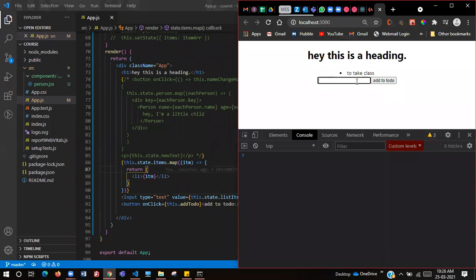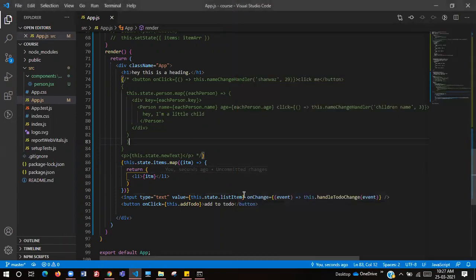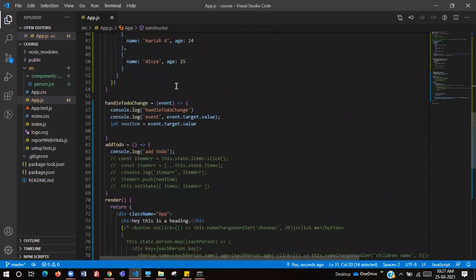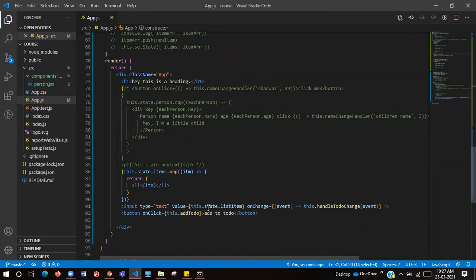Only then, when you click on add to do, this particular element gets added into the array, correct? So in order for us to store this input value, we need to store it in some variable, and that variable is here this.state.listItem. We have just declared an empty string here, and we have given that as a value equals to this.state.listItem.